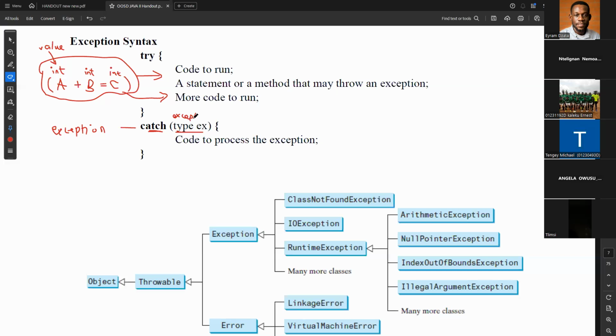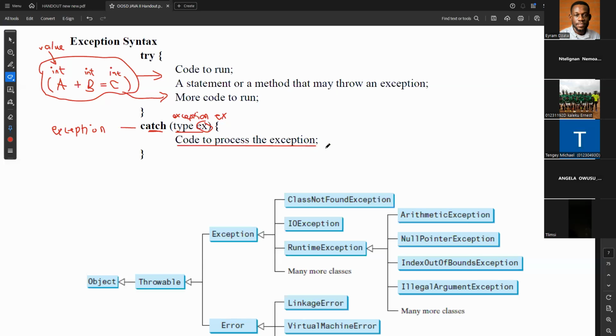Instead of specifying the type, just put exception, exception EX or exception E. The EX here is just a variable name, so it can change. Some people usually write exception E or exception EX. Then within the catch block, you write